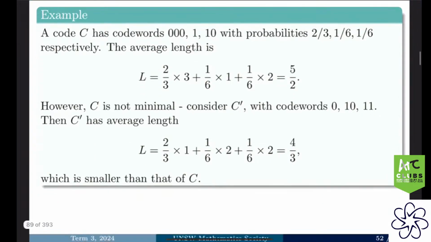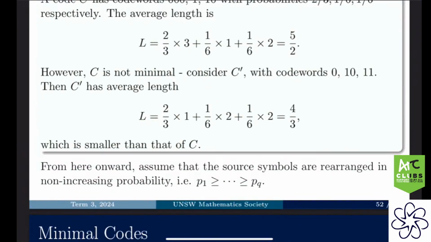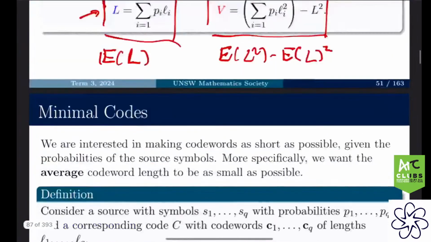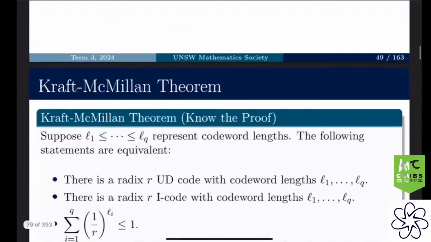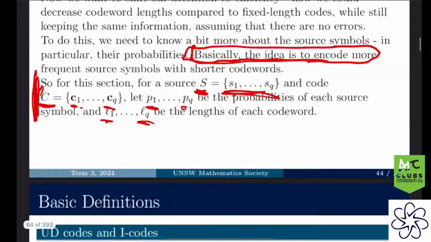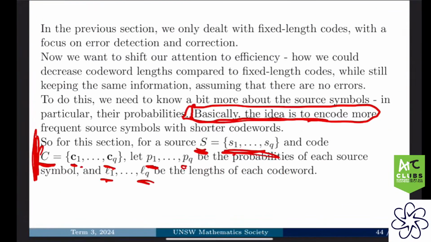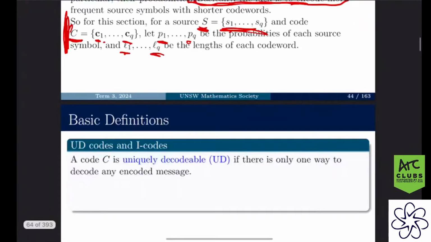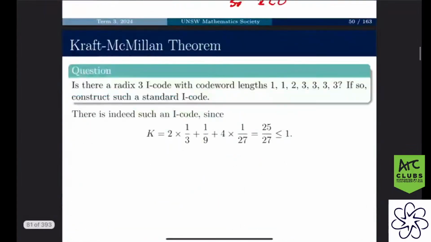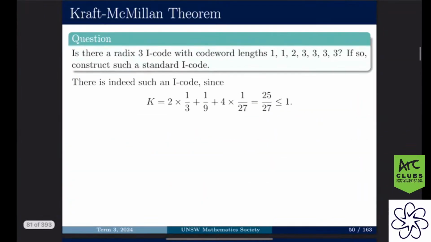All right, we see exactly what I just did here, maybe written out in words. So if something was unclear, you can just check the slides. From this point of the course, we're going to be looking at decreasing probabilities, or at least non-increasing. That kind of makes sense. Going back to our motto, I'm just going to scroll up to it. The idea is to encode more frequent source symbols with shorter code words. That was the big idea of this part of the course. And so we're just going to be assuming that our code words